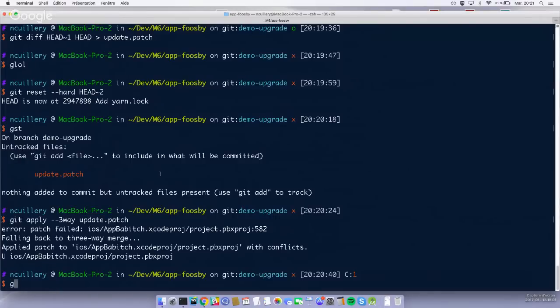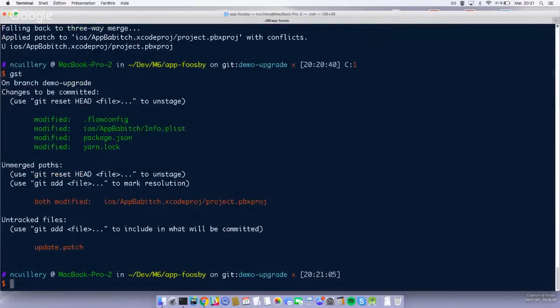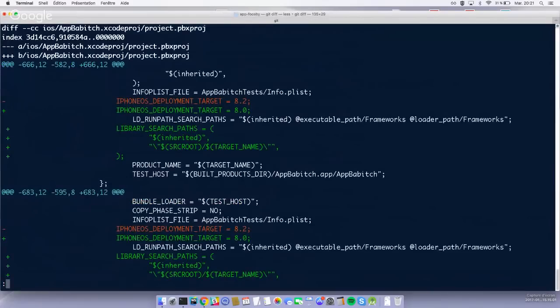If I run git status, I can see 4 modified files and my project.pbxproj in conflict. So I just print the diff without any argument. So it's a diff of my working copy, this is why it is not clean. So I can see in the project.pbxproj that a lot of changes have been reported in it